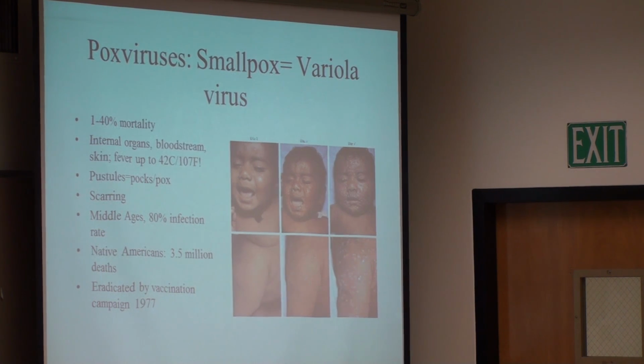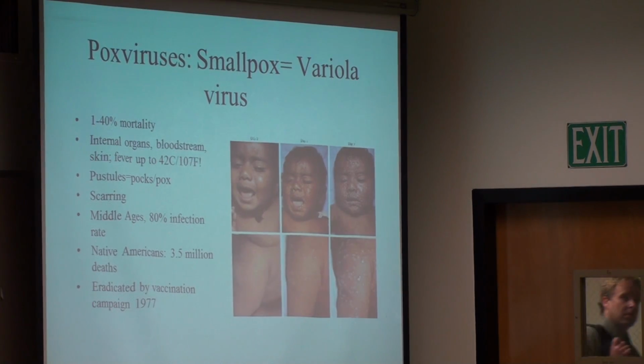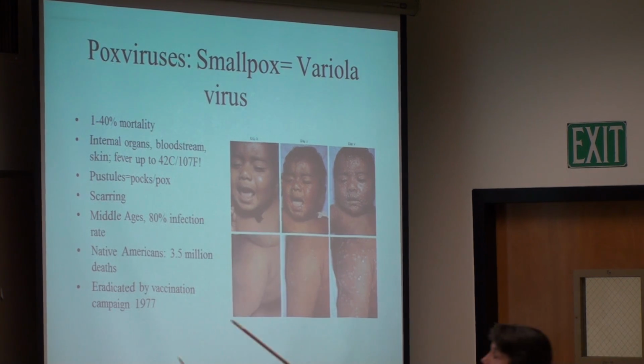We're going to first take a look at a few members of the pox virus family. The pox virus family includes smallpox, also known as variola virus. It includes cowpox, which was the first virus used as a vaccine against smallpox. And then we're also going to discuss monkeypox, which is an emerging infectious disease. Okay, so we'll just give you an intro here to smallpox or variola virus. This is the first infectious disease that has been eradicated